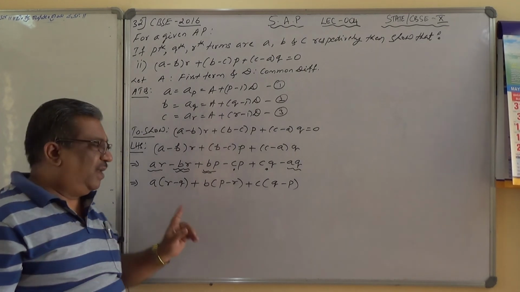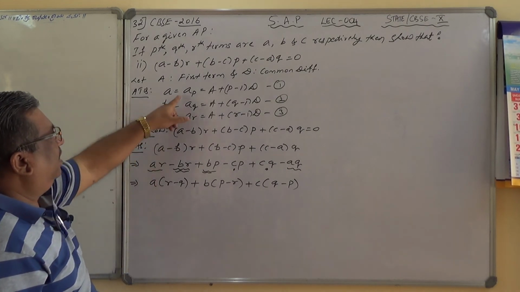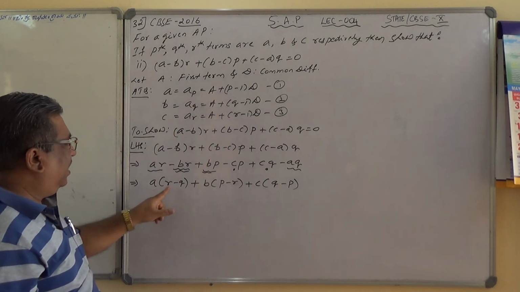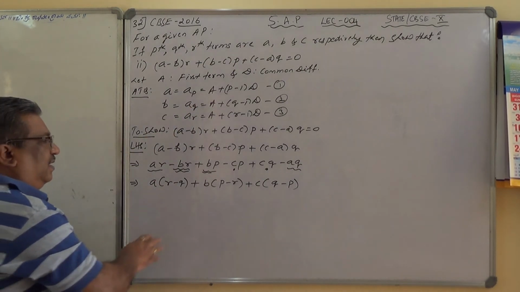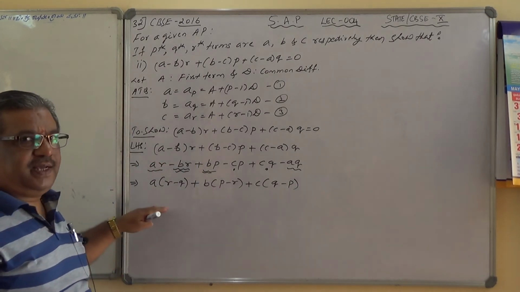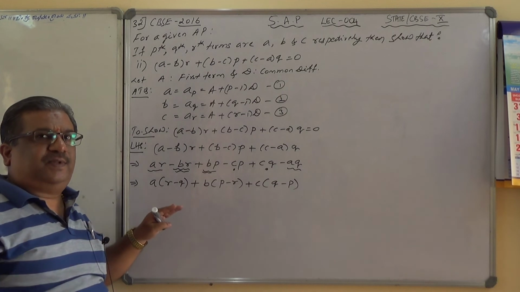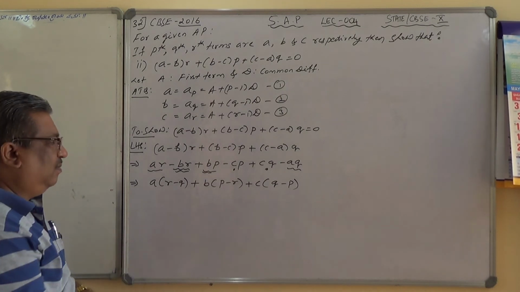Are you able to understand by doing so? Now you substitute the value of A, this one, keep it here, into R minus Q, and finally you can expand it. I hope you are understanding. This is similar to the first question. Actually I should have stopped now, because I can let you do this one the way I did for the first question. You should be able to do that, isn't it? But you will never do that.